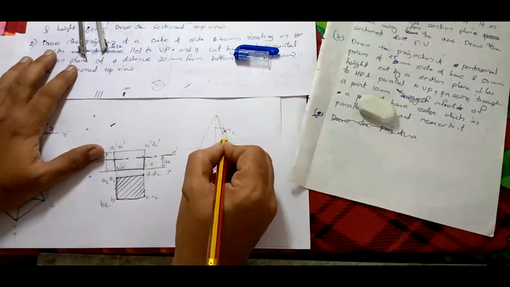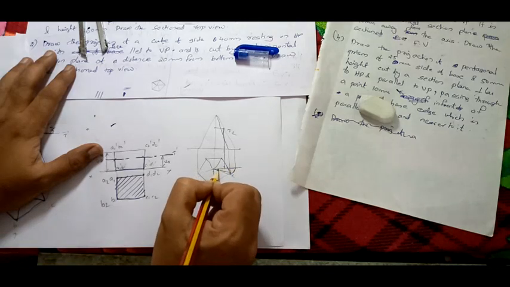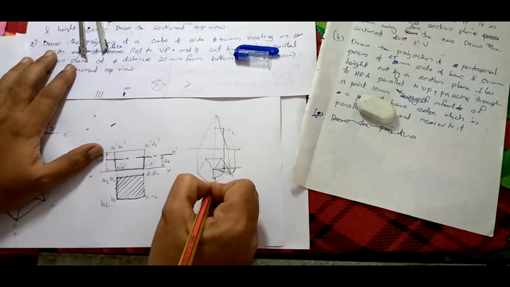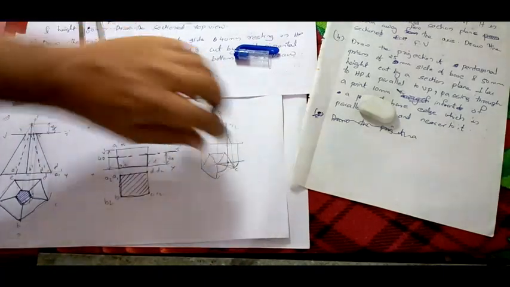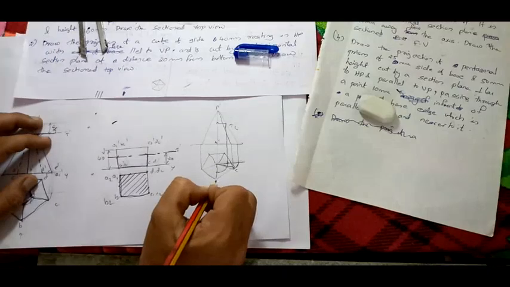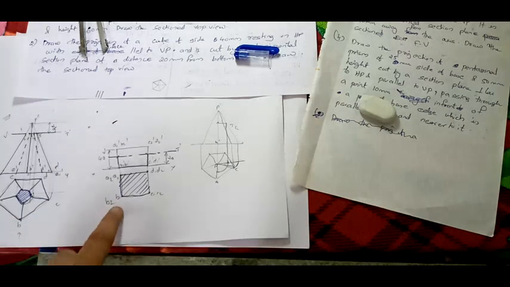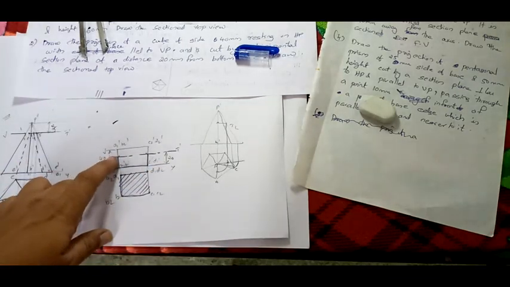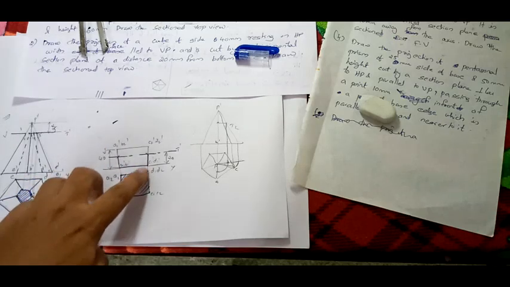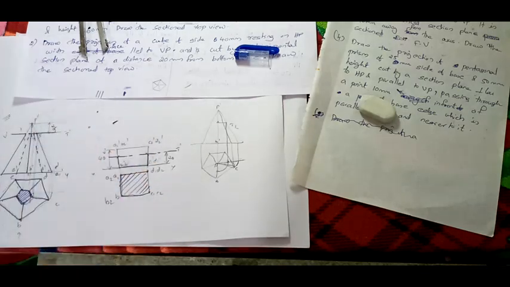Now from there project, that is, draw a perpendicular to the line which you have drawn parallel to the XY line, and project it to this line. Now you have found that point, then rotate it using the compass to your corresponding point. Actually it is cutting here on b dash p dash, so you have projected and found that out. Understood, right? This you already know. Front view, top view, after completing it, you know that it is cutting here, that is a1 dash a2 dash, b1 dash b2 dash. a1 a2 is a point here, b1 b2 is also a point here. See, then c1 dash c2 dash is cutting here, d1 dash d2 dash is cutting here. So for a prism it will be cutting wholly.